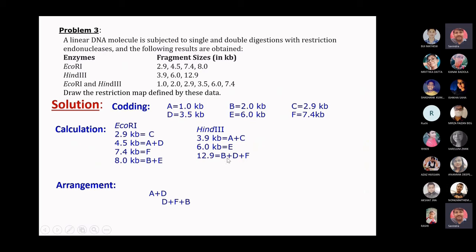So we don't know whether it's B plus D plus F, or D plus F plus B, or F plus B plus D. We don't know the sequence. We know that in combination they are arranged as a group. So this can be rewritten in this form, because adjacent to D there is a fragment, so the rest of the other fragments will be on the other side of D. If A is on one side of D, then F and B will be on the opposite side. Yes or no? Yes, sir.